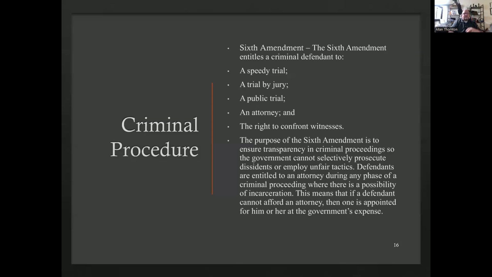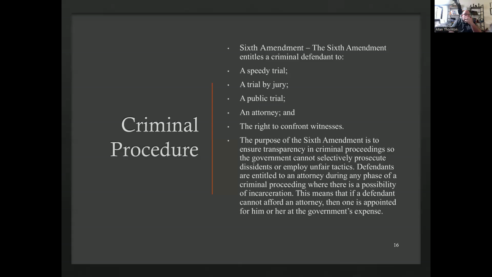If you decide you do not want to have an attorney, want to represent yourself, be what's considered a pro se litigant, not advised. Attorneys normally do not represent themselves. Attorneys have attorneys for cases where they have to go to trial, but you can do that. And then the right to confront witnesses. Maybe you don't have any witnesses on your behalf, or maybe you don't have anything to ask the witnesses for the prosecution, but you have a right to do that. And you have a right to have your own witnesses also that back up your side of things.